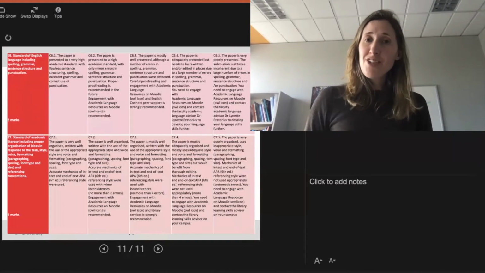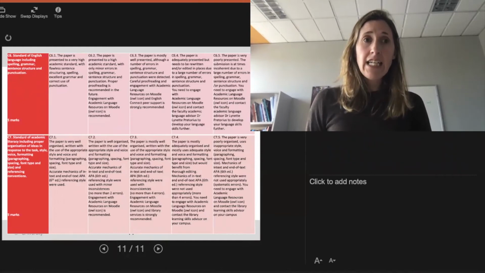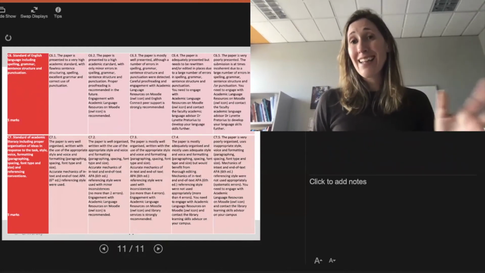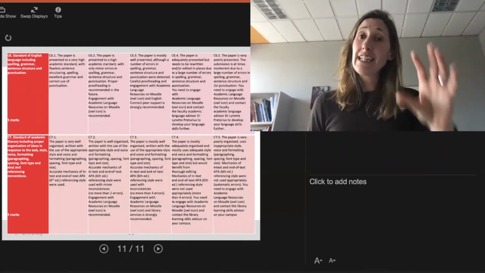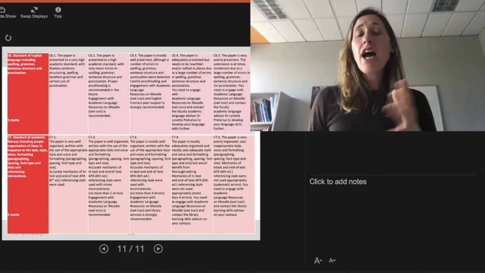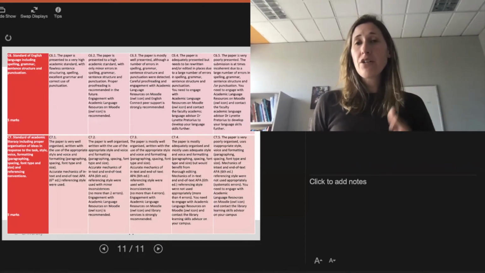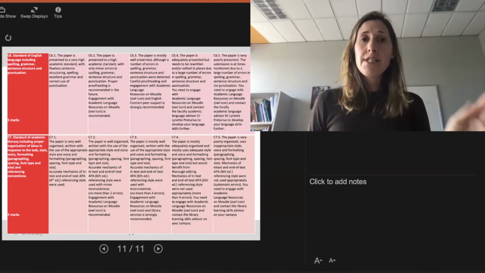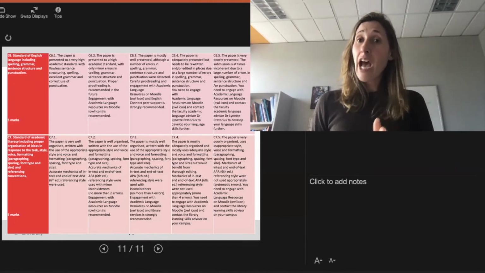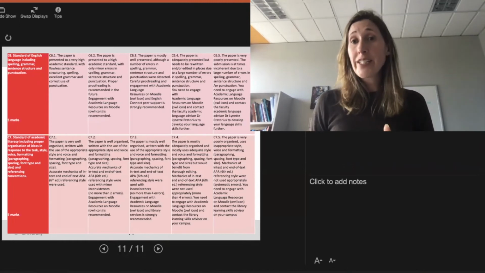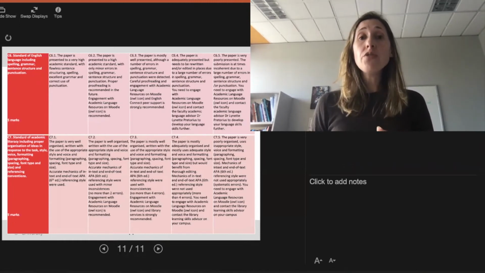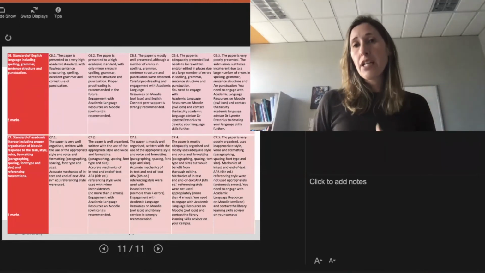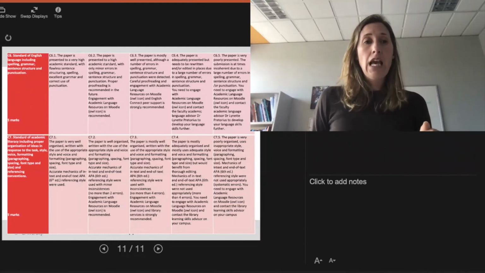And then the final thing, sorry about the small writing, is the last rubric, about the language, so the spelling. Not everybody's perfect, and we don't expect you to have perfect language skills. You might have a lot of errors, but if the meaning is clear, then you're going to get a C, because that means you're doing what you need to do. But the meaning does need to be clear.